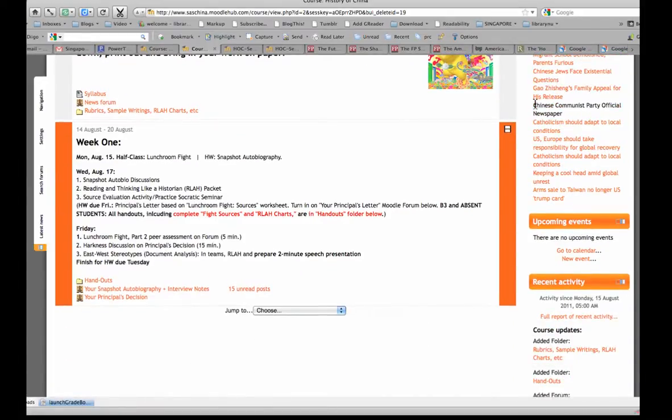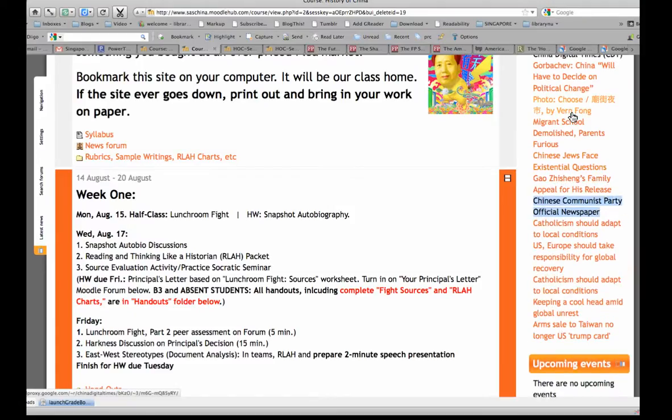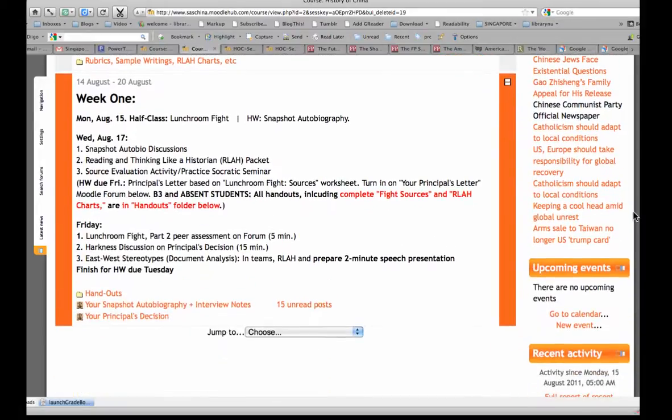And then beneath it, you've got stuff from the Chinese Communist Party's newspaper, and you can call it the propaganda organ, but that's basically where the Chinese Communist Party expresses its view in English, a lot of times on attacks and just issues in today's communist China. So here they are saying that the US and Europe should take responsibility for global economic recovery. In other words, look, this is not communist China's fault. Capitalism and democracy have their own problems, and from our communist Chinese government point of view, dictatorship and so forth, we've got our own take on world affairs.